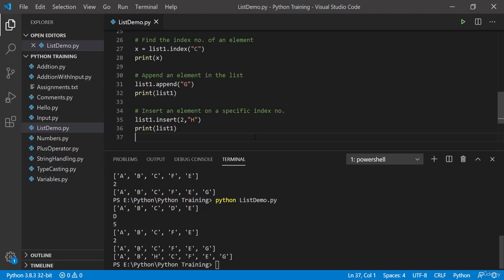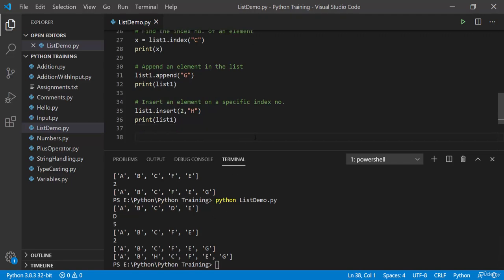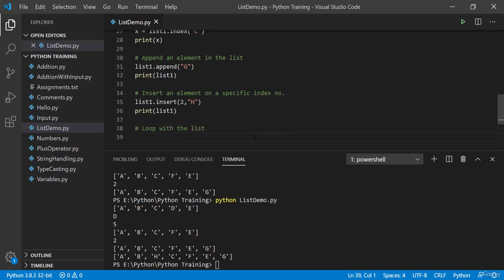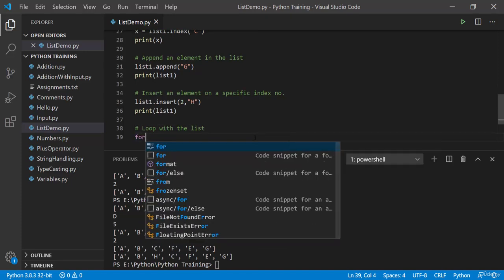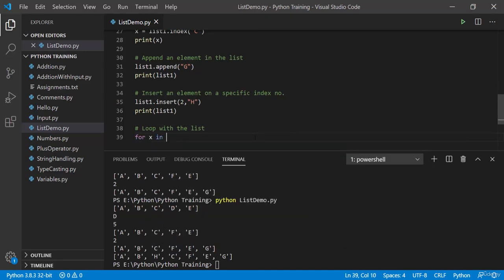Then if I want to loop that list, how can I loop it? Okay, so let's say loop with the list. If I want to loop it, it's again simple. I'll use for x in list 1, and I'll open the loop using the colon. We'll go through the loops again in detail. I'm just giving you an example right now, so no need to worry, but just keep one thing